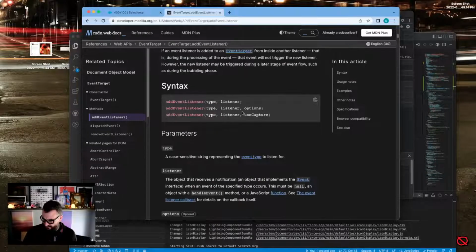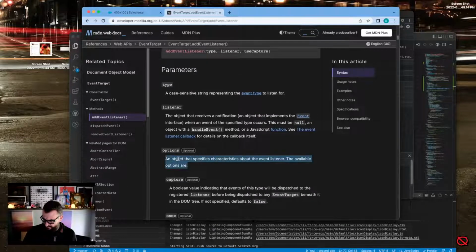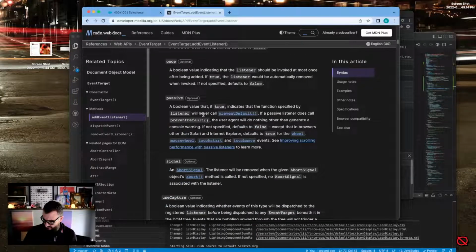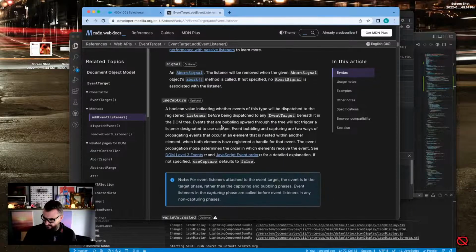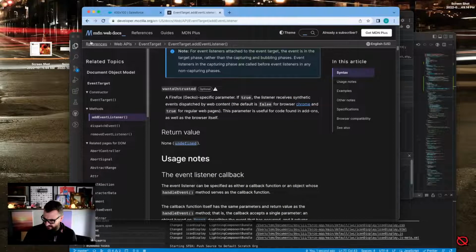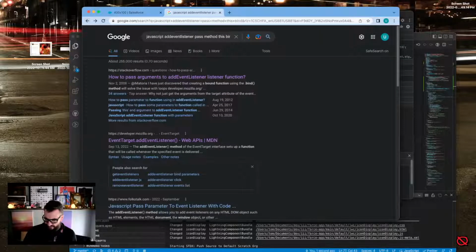What's that third parameter out here? I think we forgot prevent default in our call as well. I don't think that has anything to do with this because we're still just losing context. But